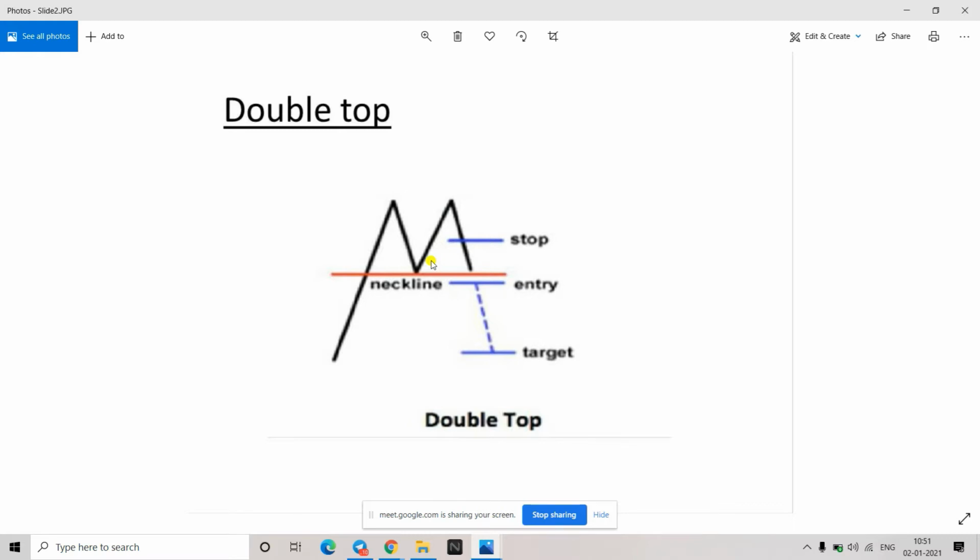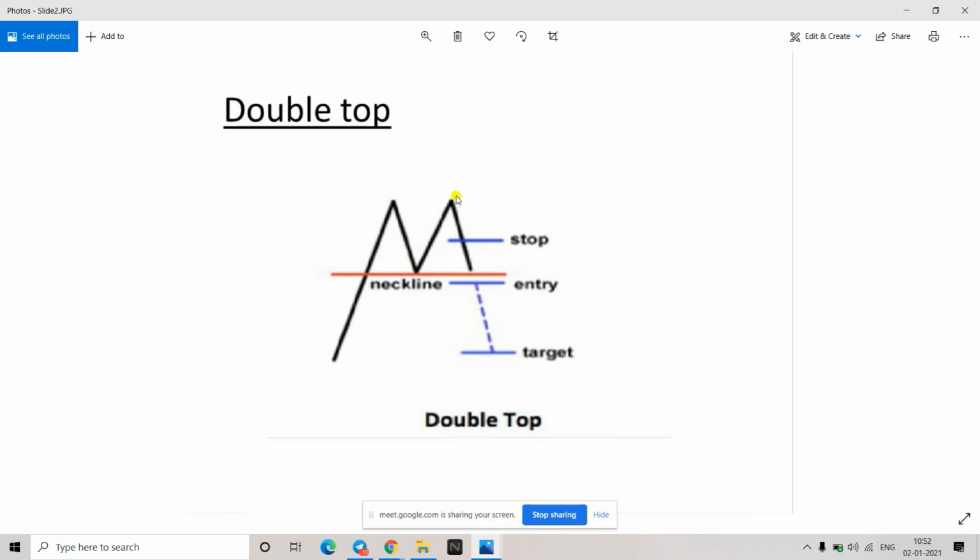From here, it can go both directions, either up or down from the neckline. But you have to trade only when this neckline is broken. On the upward side, you can only trade once this top is broken. This is double bottom. Generally, the thought process behind it is that price has reached a point and given a correction. Now, to confirm an upward trend, it should break this high, then only it is an upward trend.